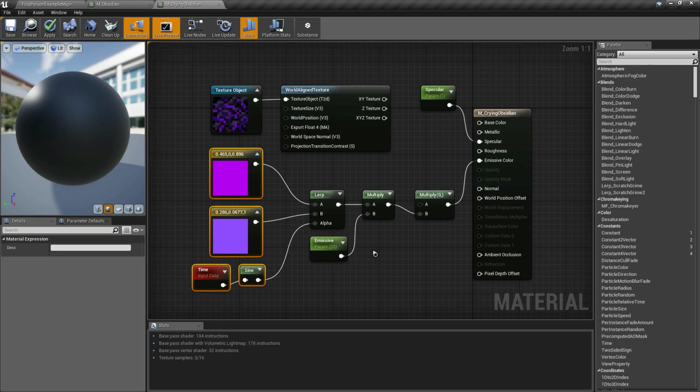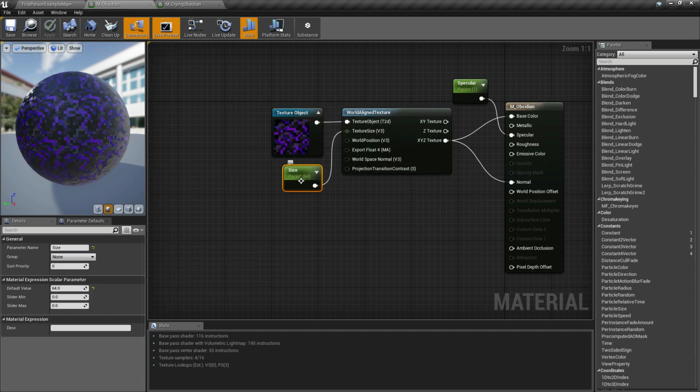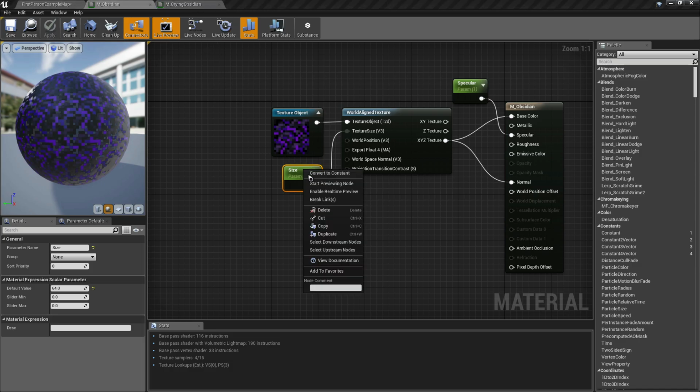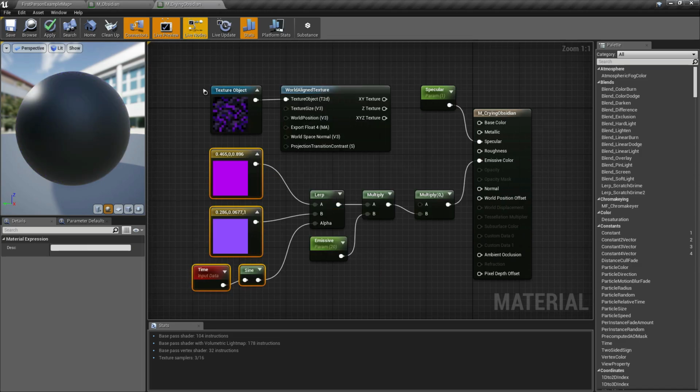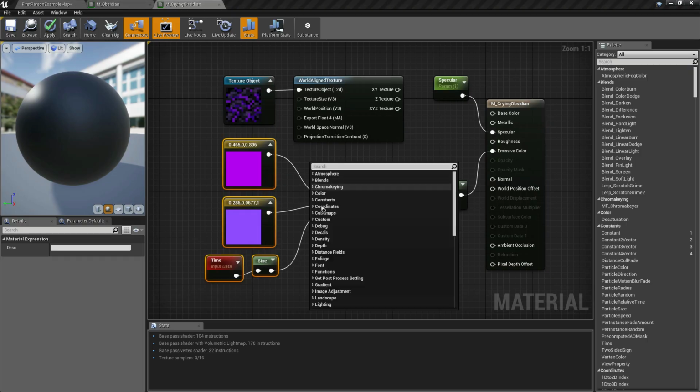This time, let's copy the scalar parameter, this size node that we created on the Obsidian. Then let's paste this on the crying Obsidian.